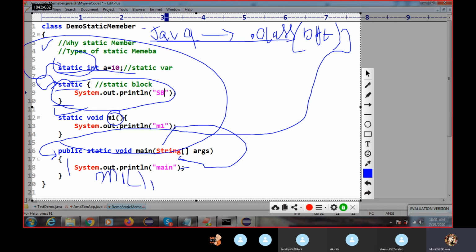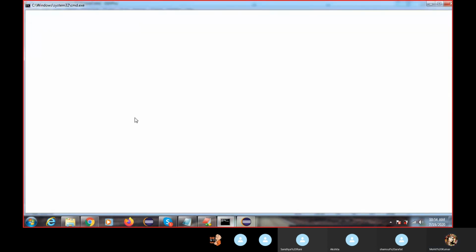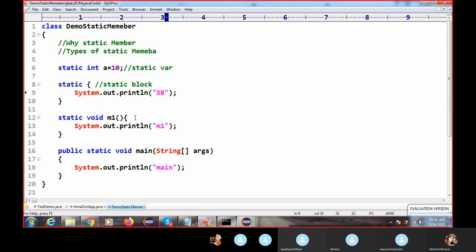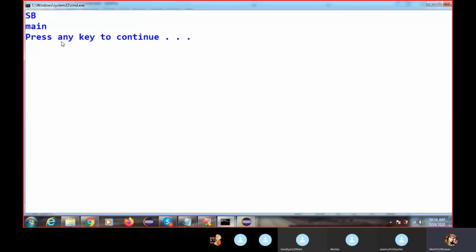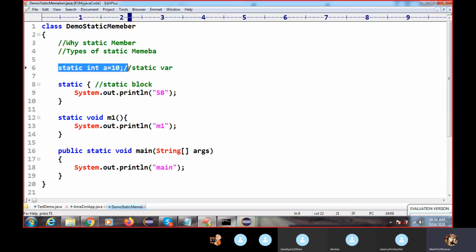This is the execution flow, how it will work. You can see now, if I execute this code, it is executing the static variable and main. But this b did not print.